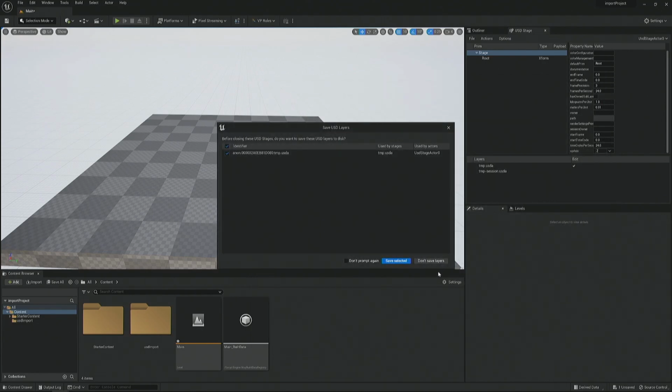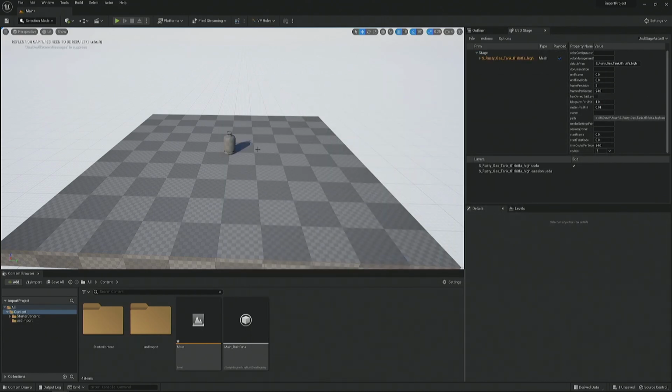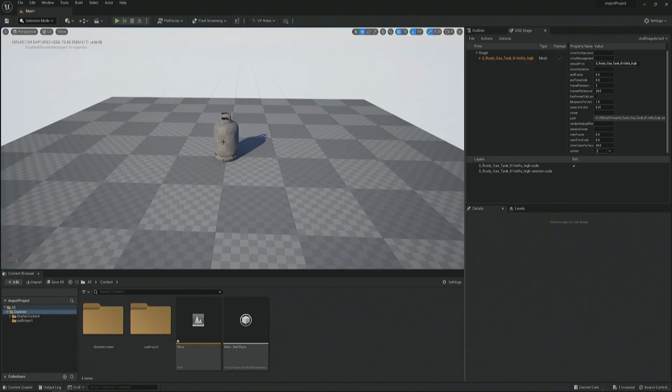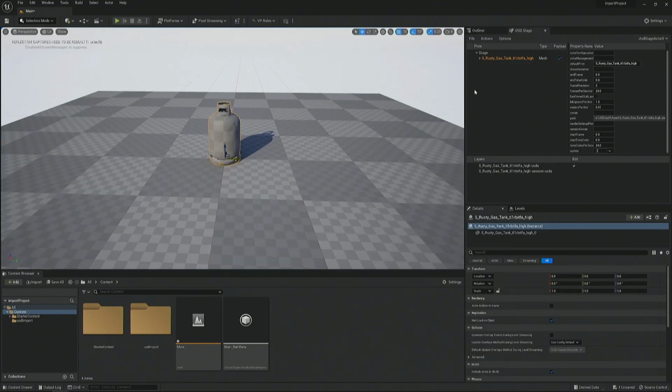So this is just going through some of the import stuff. Importing the geometry. This is again a good example. This has been brought into a fresh Unreal. There are no materials in there, so obviously it's not going to have anything on it.